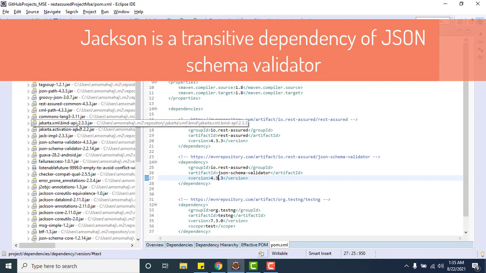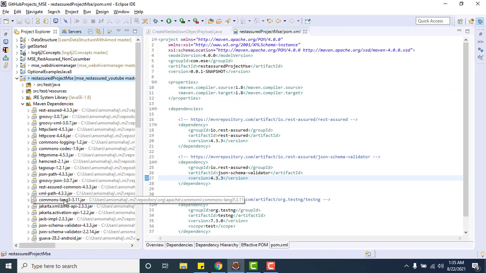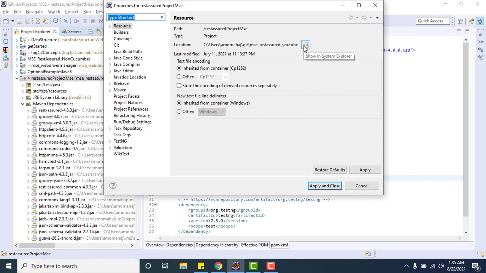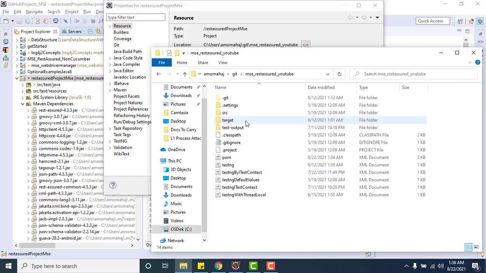Now if you are not convinced about where this Jackson is coming from, we have one Maven command which you can use to see the transitive dependencies of all the dependencies added in your project. For that, I will go to my project, right click on the project, go to properties, and open the CMD.